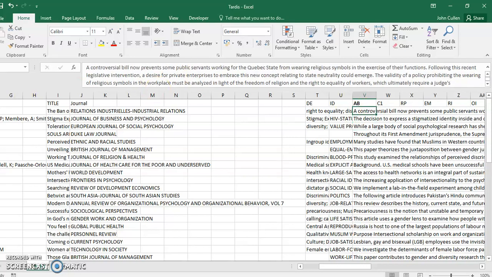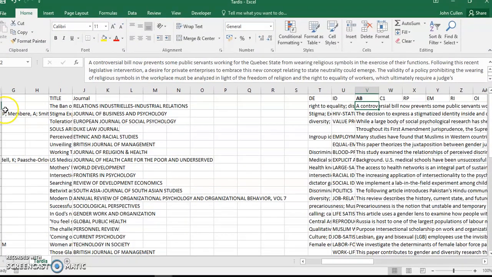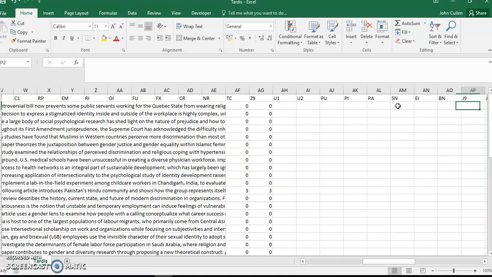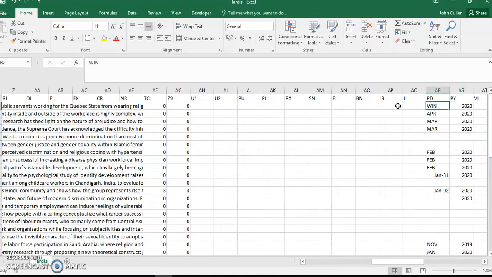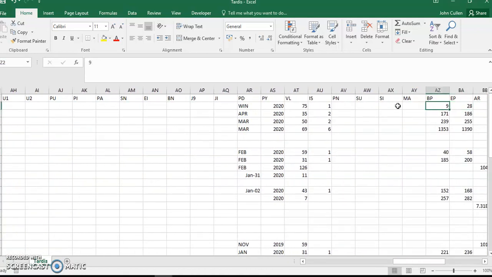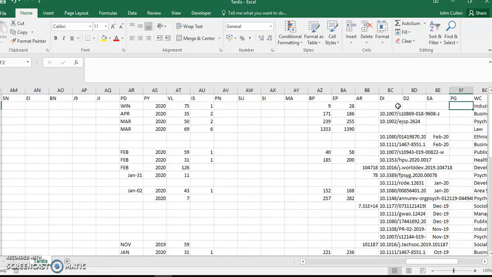Now you may want to change the format of your Excel spreadsheet to make that bigger or to make it more workable. If you go across more, you'll see that there's other pieces of information, like it'll give you the publication date, winter or April. It'll give you the publication year, volume number, issue, page numbers. I think that's the first page, that's the last page, DOIs if you need those,